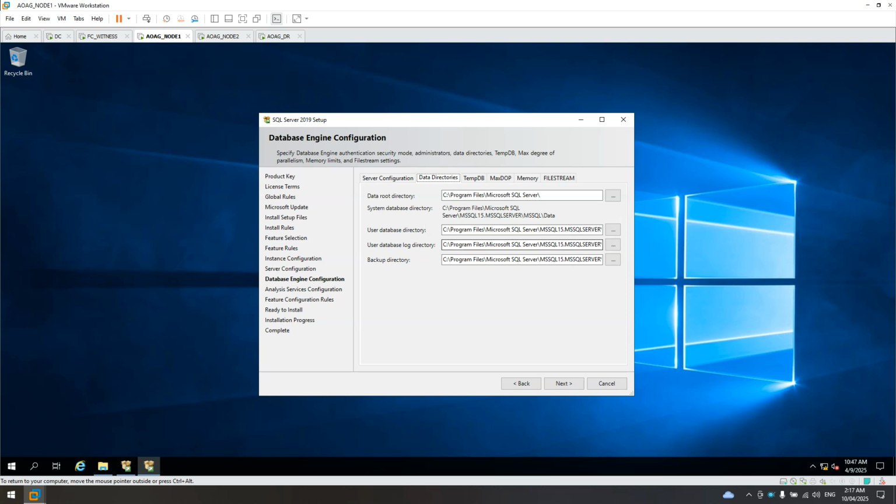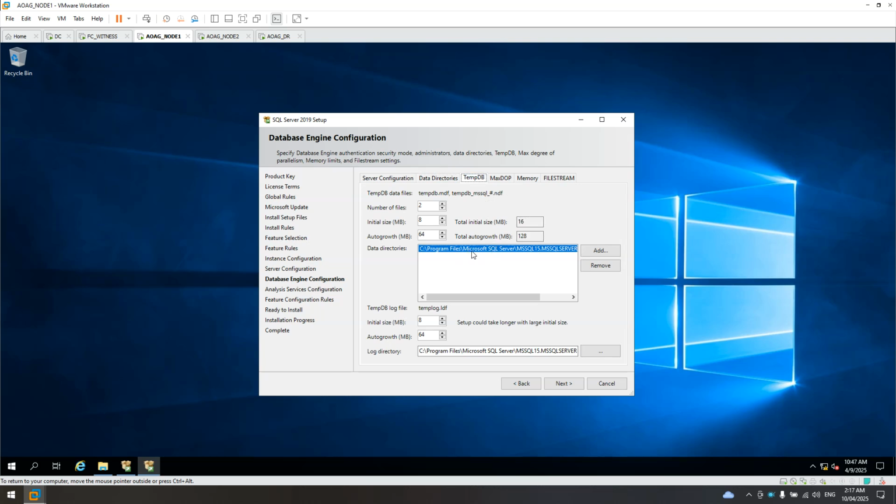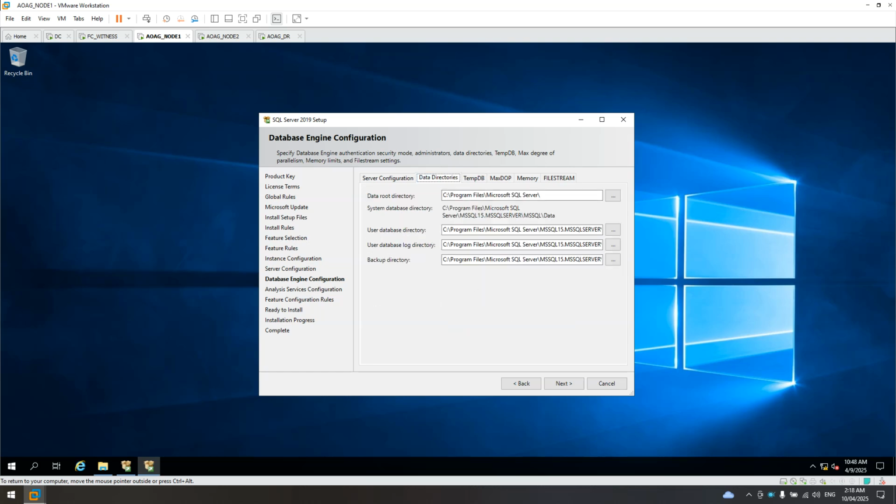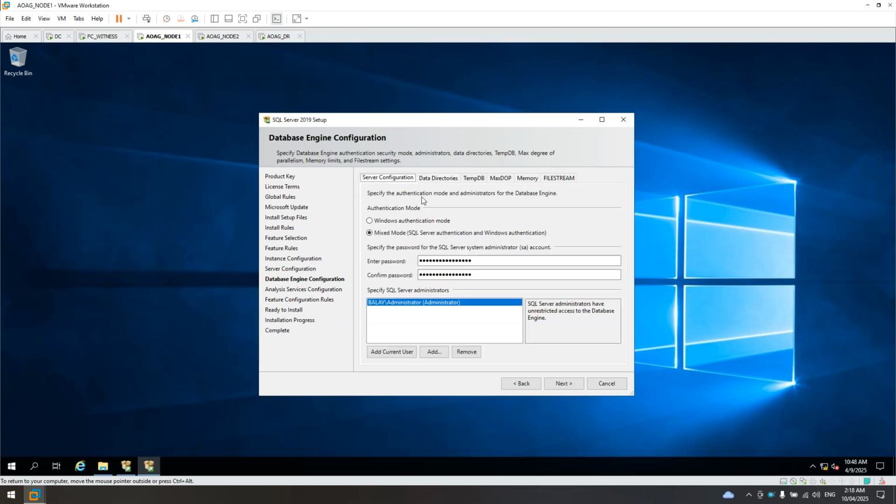Especially the temp, make sure you put the temp in a separate drive. Also the log and the backup. Backup should be in a different drive, a larger space drive for the backup. But for this example, just leave it as it is. Then click next.